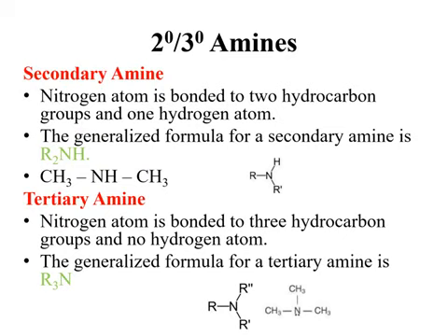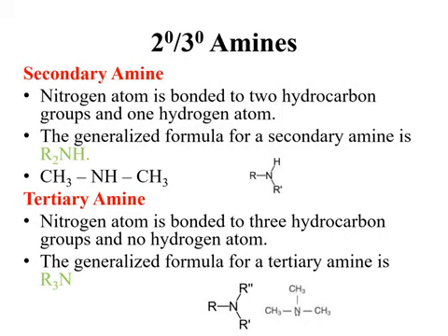In this slide, we shall talk about the rest of the 2 classes of amines, that is secondary and tertiary amines. A secondary amine is an amine in which the nitrogen atom is bonded to two hydrocarbon groups and one hydrogen atom. The generalized formula for a secondary amine is R2NH. And for a particular example, if both of the alkyl groups are methyl, then this molecule will be named